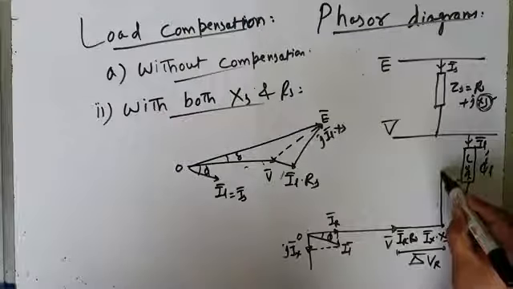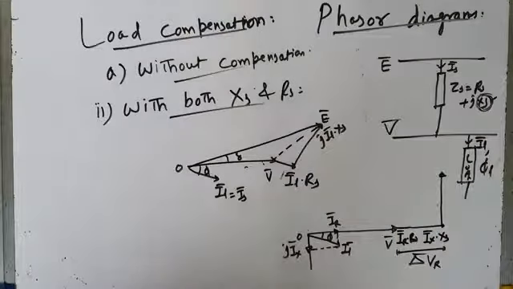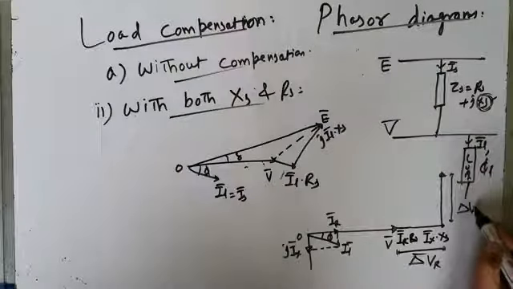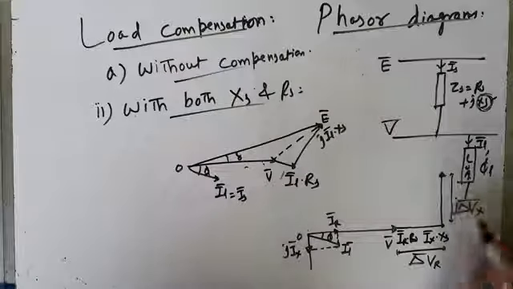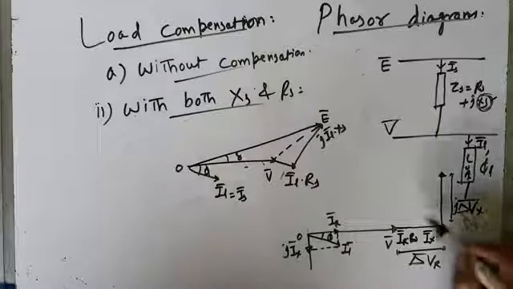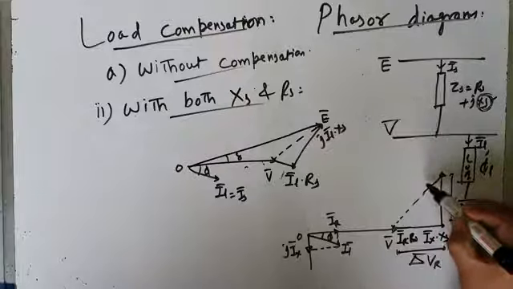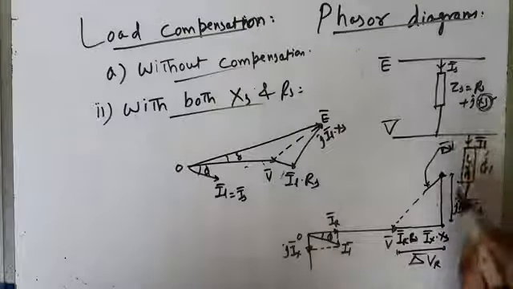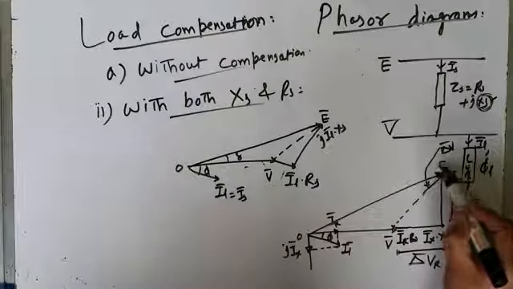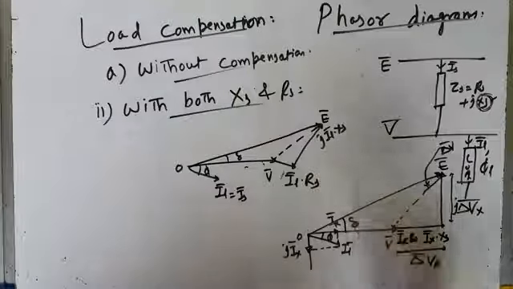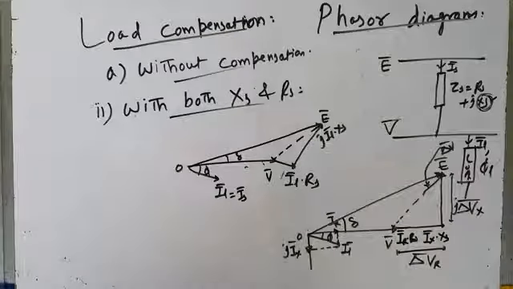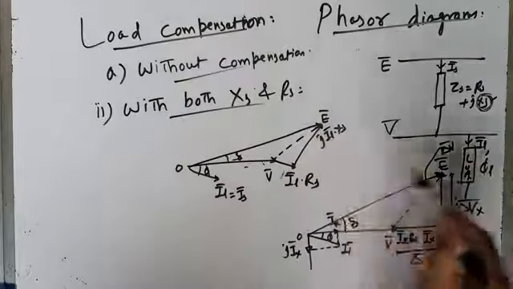Then you have delta VX, which is IR into XS. This is the voltage drop, j delta VX, I should write, the quadrature voltage drop. ये आपका delta V है, and delta V is delta VR plus j delta VX, और ये आपका E है. This is E. E with respect to V is at a power angle delta. Again you can see E is greater than V or V is less than E, and power factor is very poor. This phasor diagram and this phasor diagram give the same information.